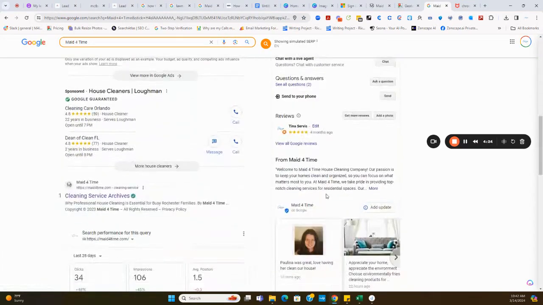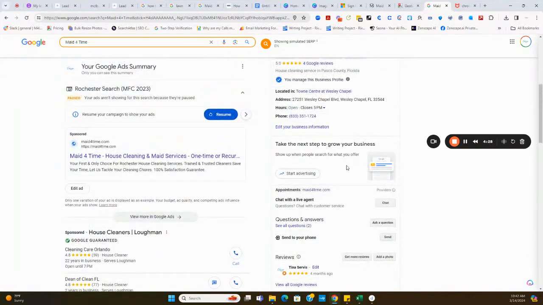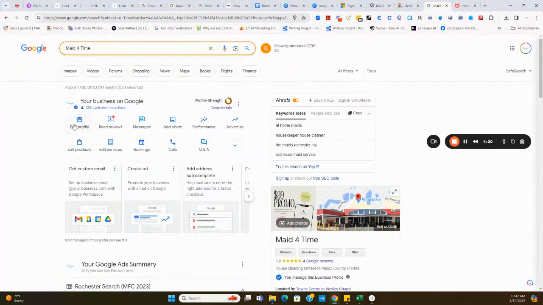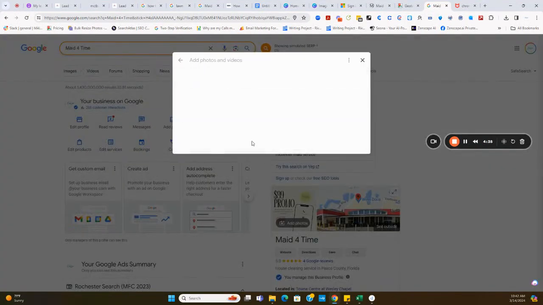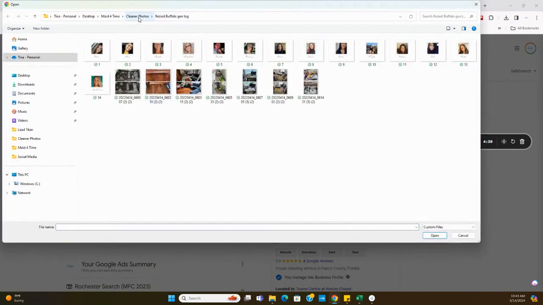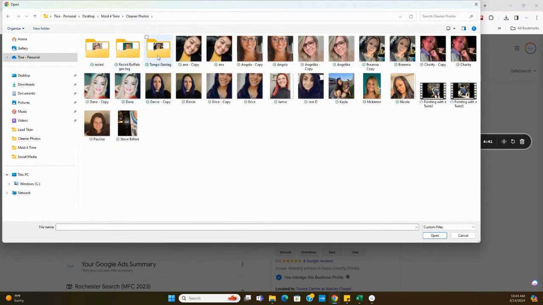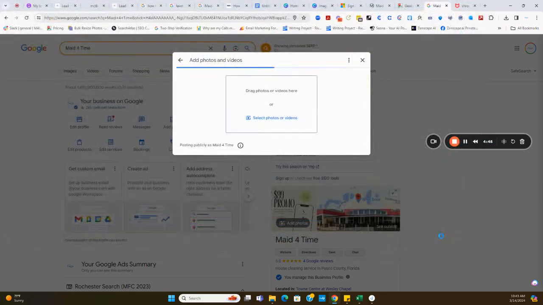Okay, so now that I have that information, I'm going to go into my profile and add photos. And I'm going to upload these. So I have cleaners' photos in Tampa geotagged. I'm going to just grab all of these and open it up. It's going to start to upload them. This just takes a minute or so. But once you're done here,